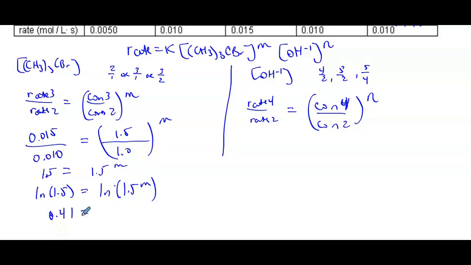0.41, and then this is going to be 0.41 to the m, so the m is going to be first order. All right, we're going to apply the same math over here, except we have to get a different set